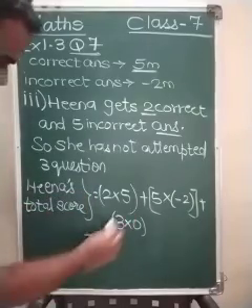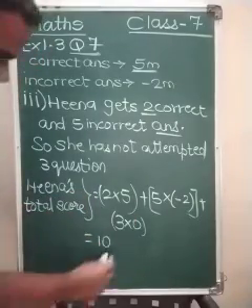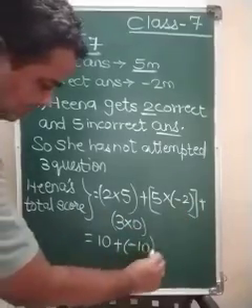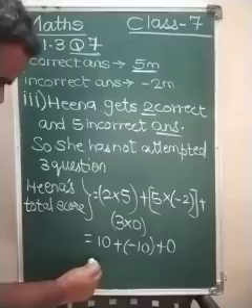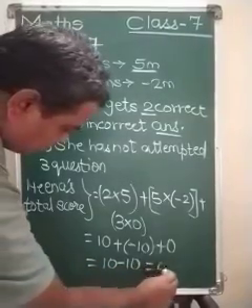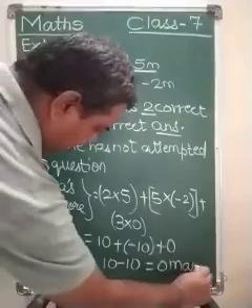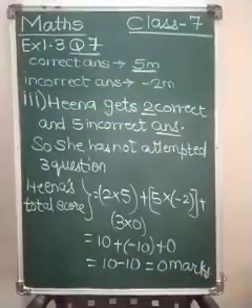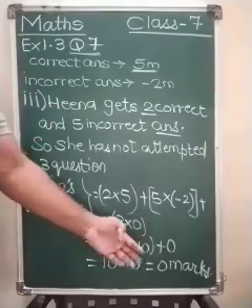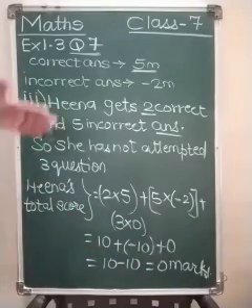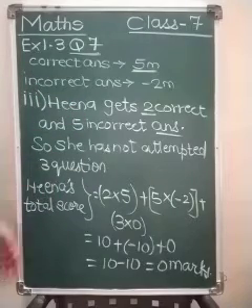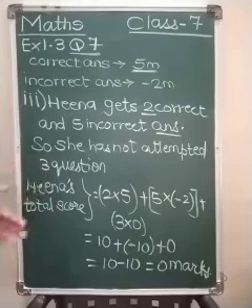So this equals 2 5s are 10, plus again 5 2s are, this would be -10, plus 0. So this will be 10 minus 10, which equals 0 marks. So we have solved it. Hina's total score is 0 marks. Mohan's total score was 8 marks. Reshma's total score was 15 marks. So this is how we solve it.